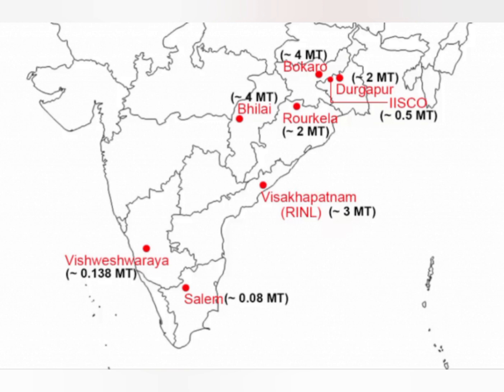As you can see in the map, most of the iron and steel industry is located near the Chota Nagpur Plateau and Deccan Plateau because of the available iron ore. So Durgapur is also near Raniganj and Jharia, from where coking coal is obtained. These are the raw materials for the manufacture of steel.